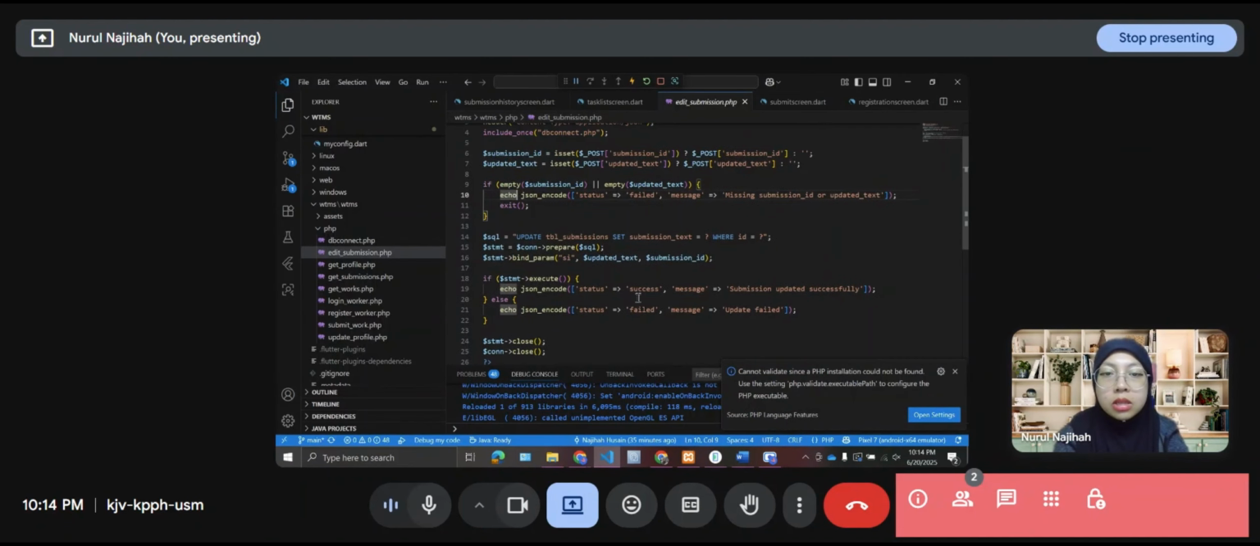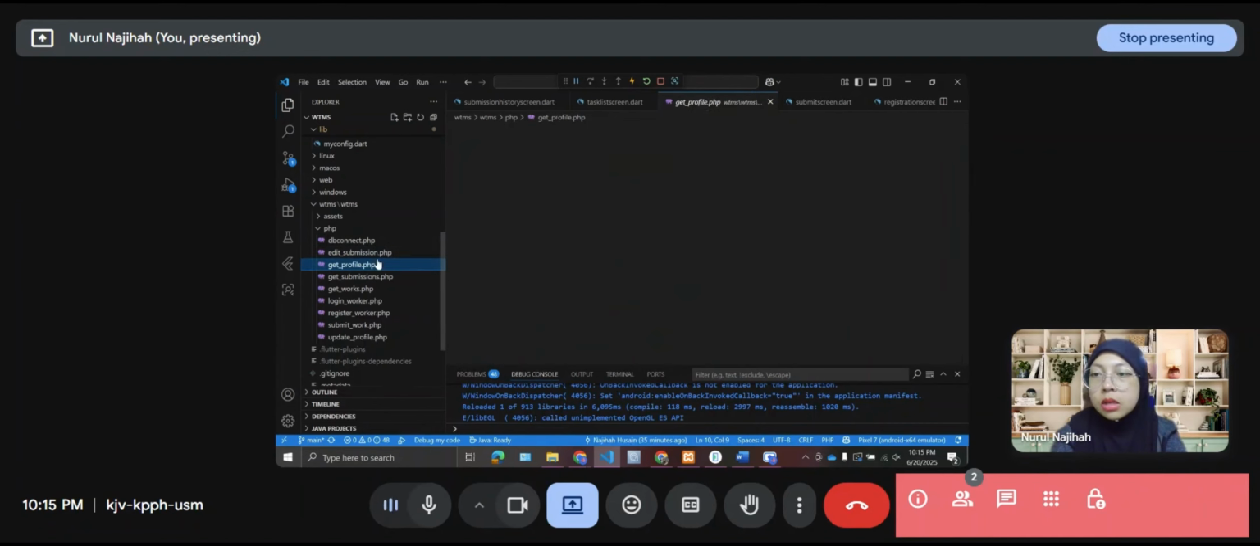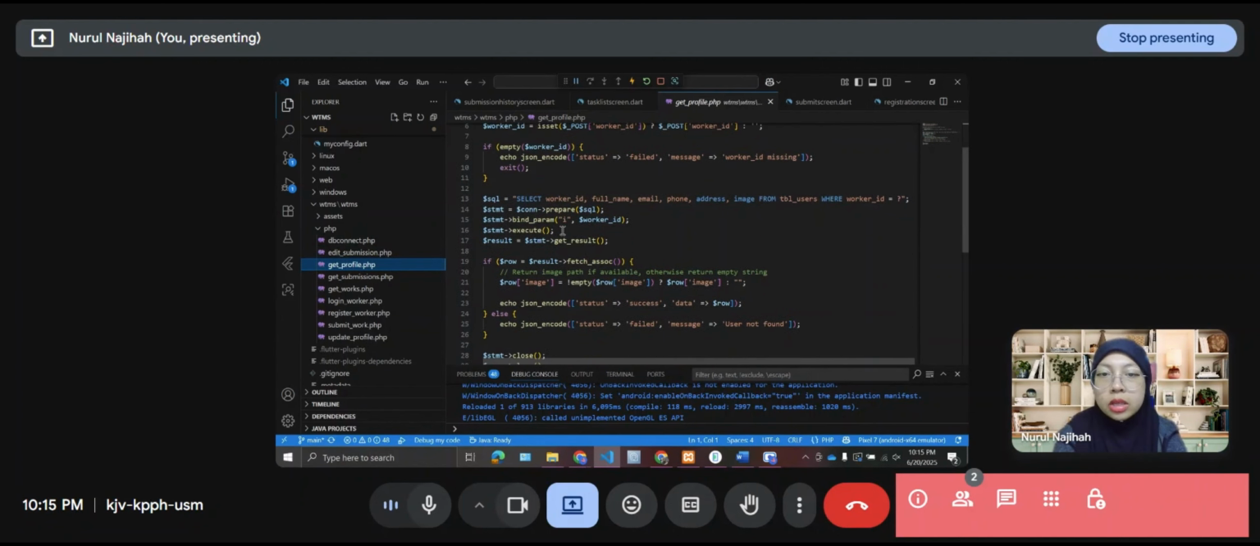So technically you just put the adjusted end code, either the submission is updated successfully or update failed, in the SQL localhost, and also handle the missing submissions. So technically the edit submissions will just update the TBL submissions based on where the ID is put. Then the get profile is technically to get the profile data